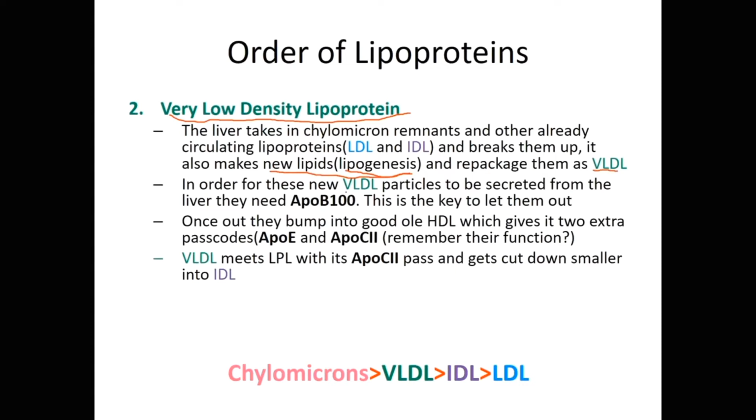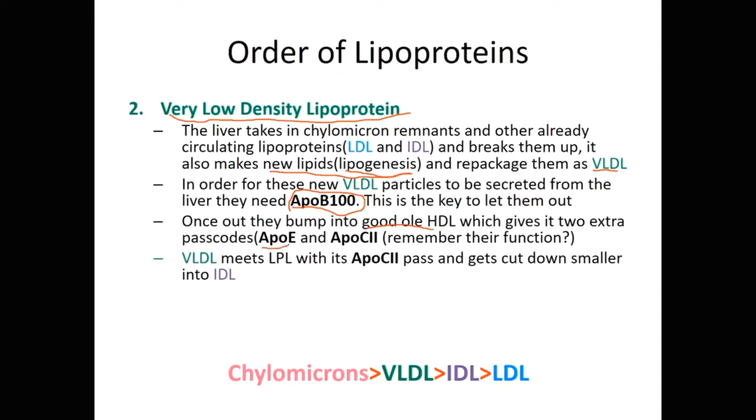Now VLDL can't get out. We make it, but it can't get out unless it has the entrance or the exit code, which is your ApoB100. Once it has that on its surface, it's allowed to be secreted out into the blood and go around to the peripheral tissues to supply fats for those tissues, or to supply adipocytes for storage. And so on its way around to the tissues, it bumps into good old HDL,